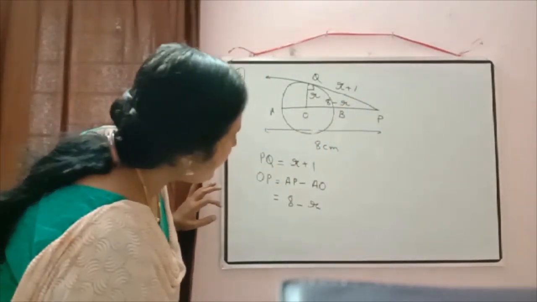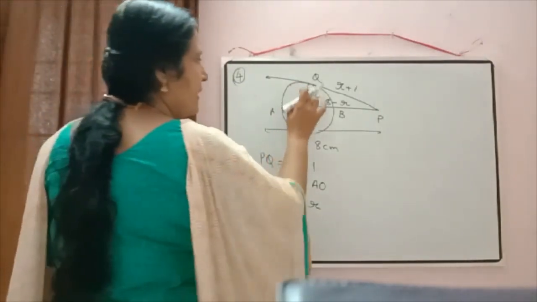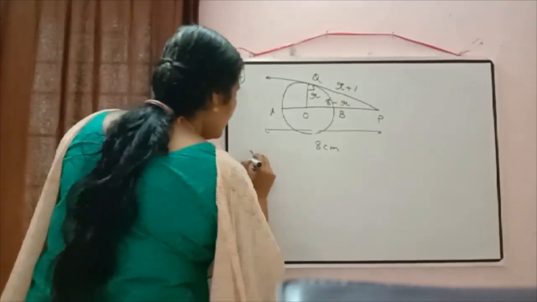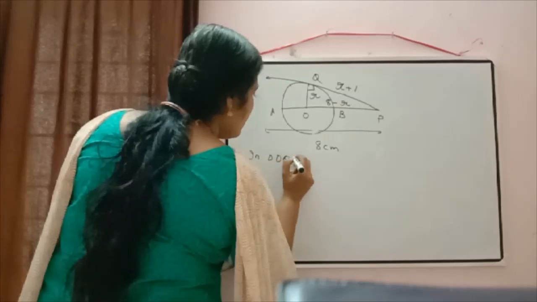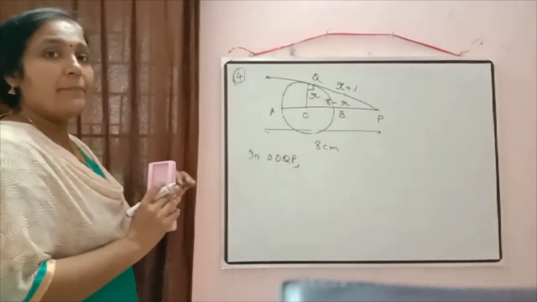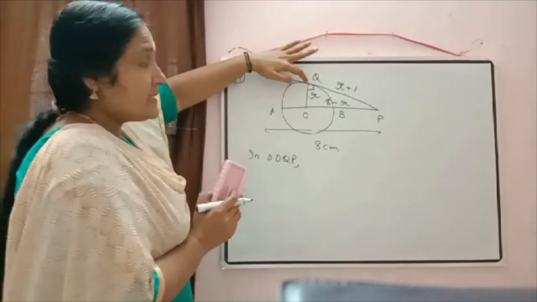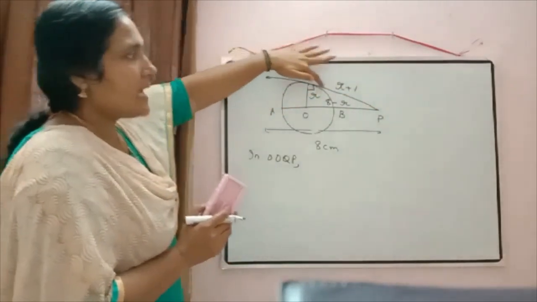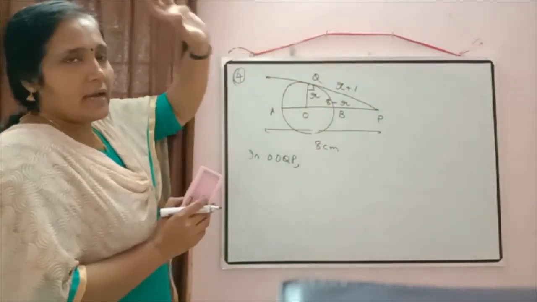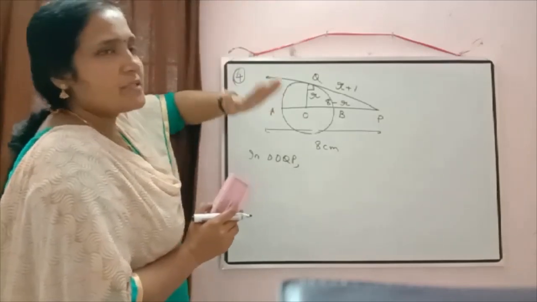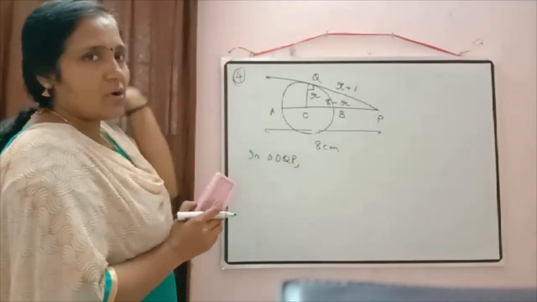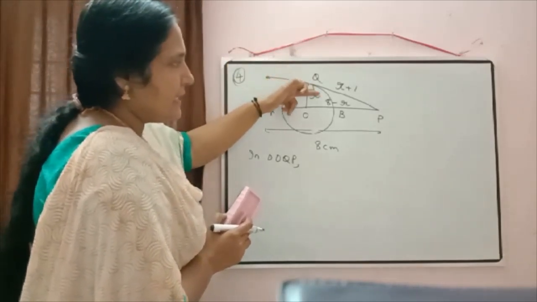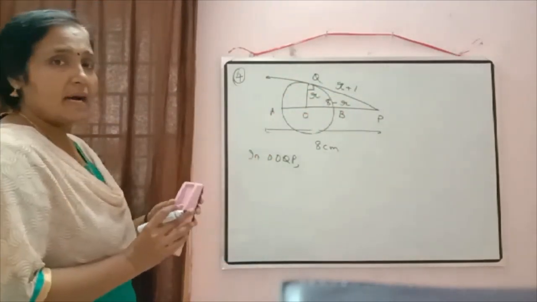Now do we have a right triangle here? Yes, we have a right triangle OPQ. Just write down, in triangle OQP, can you tell me which one is the hypotenuse? Here this angle is 90 degree. Don't think that the side drawn in this way is the hypotenuse. The correct rule is that the side opposite to 90 degree in a right triangle is called the hypotenuse. So here OP is the hypotenuse.